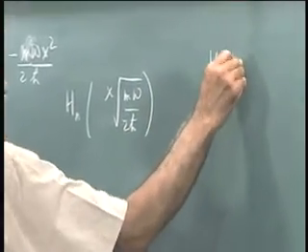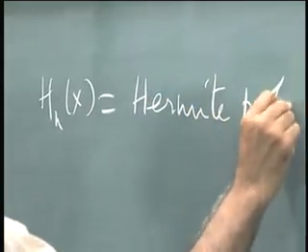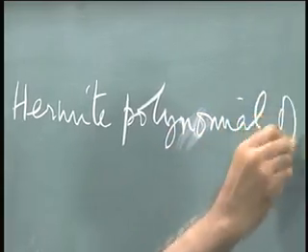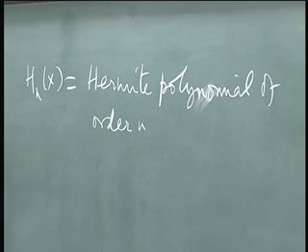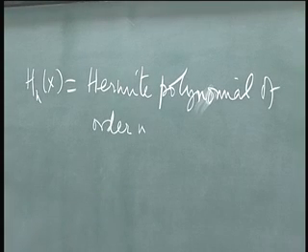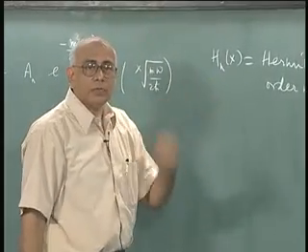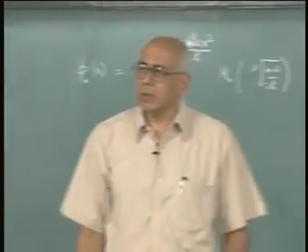Hn of x equal to a polynomial of order n. H0 of x is 1 and H1 of x is 2x, and then the even ones have all even powers of x, and the odd Hns have only odd powers of x. These functions form a complete set of mutually orthogonal functions, and they are a special case of a family